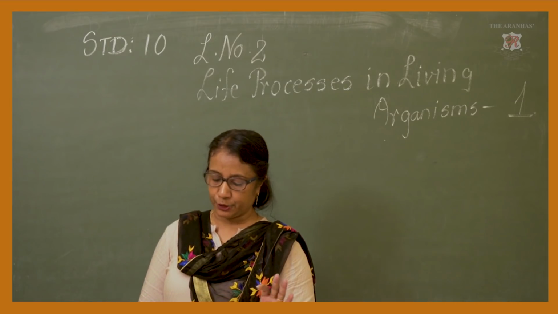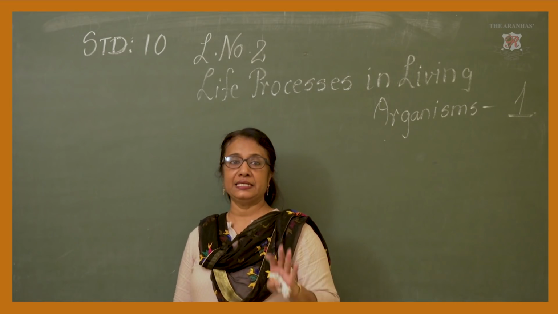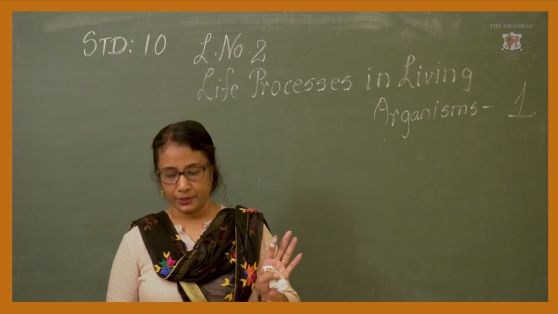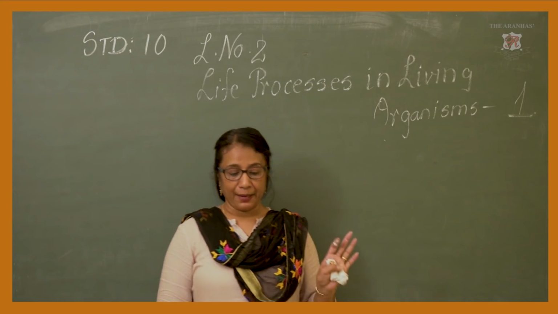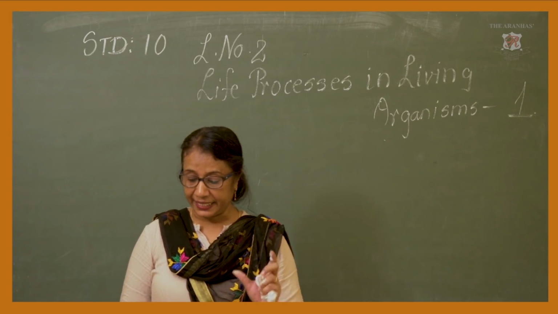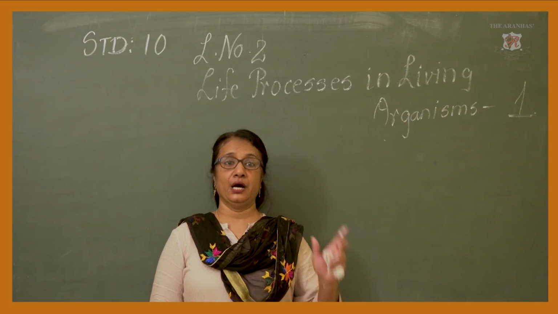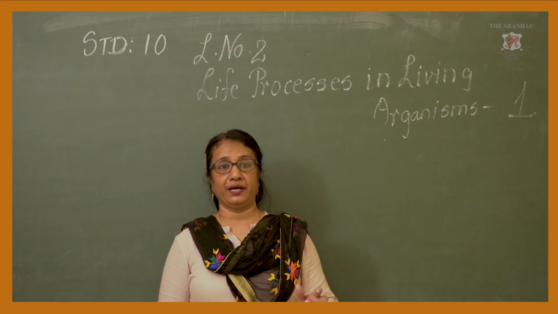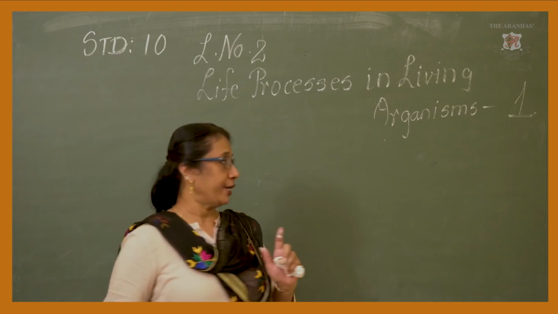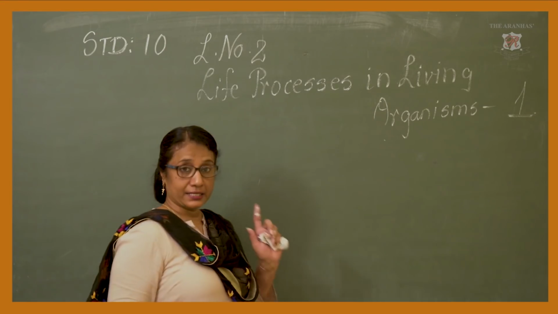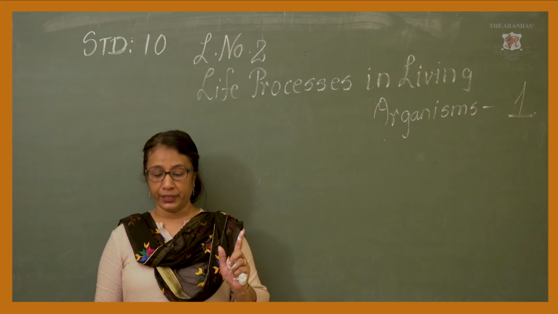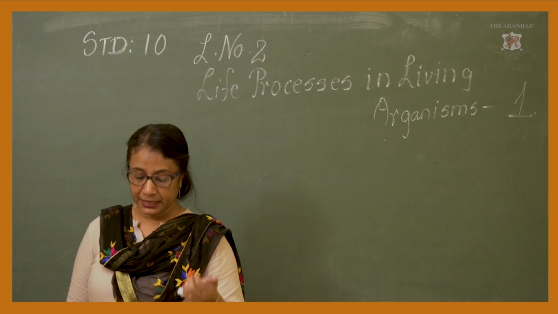It takes place in the cytoplasm of the animal cell, plant cell and also the cells of microorganisms. Now, here what is happening is the glucose molecule is getting converted. It is breaking down or getting simplified into 2 molecules of pyruvic acid or pyruvate,